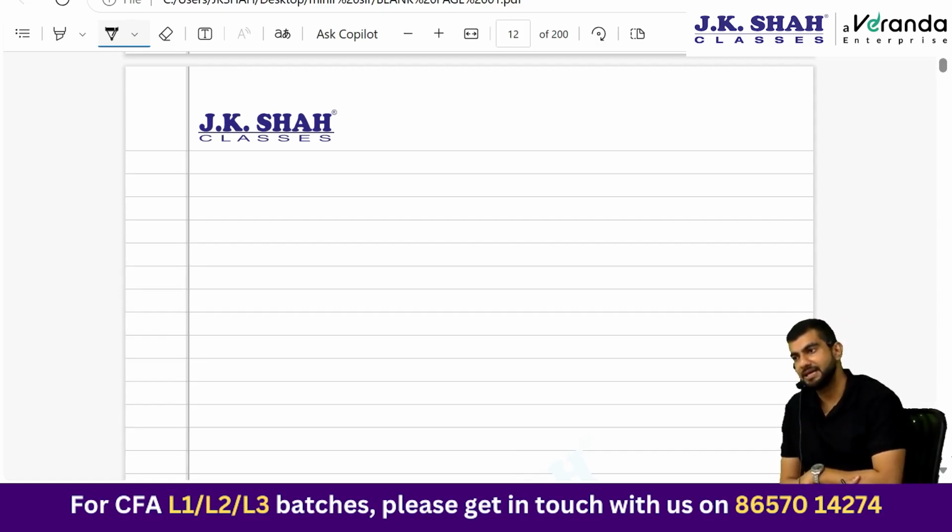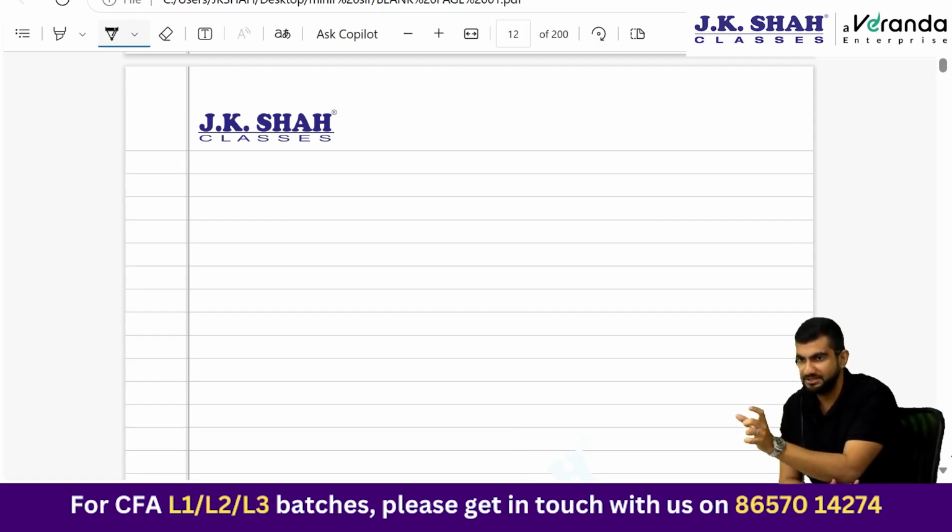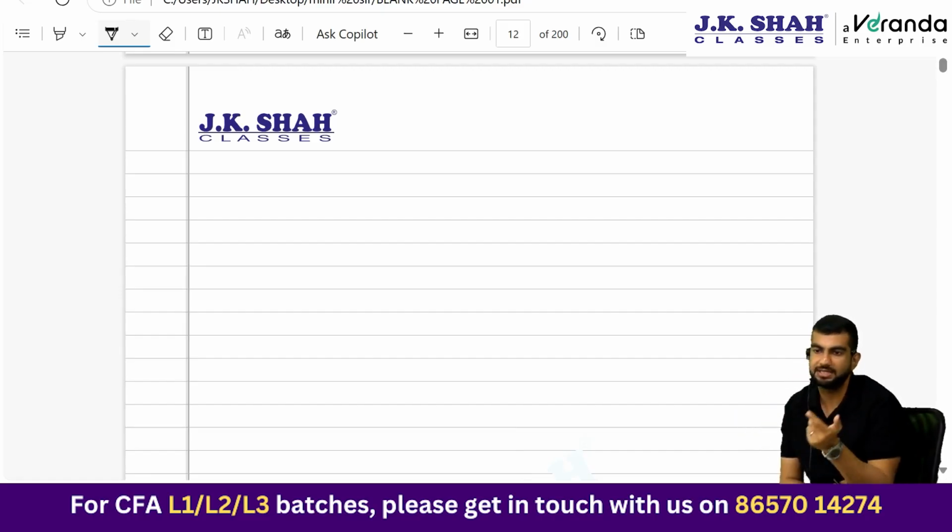What if you present a non-GAAP measure? Is it okay? Yes, it is okay, provided 2 reasons exist. Reason number 1, you have a reasonable justification for doing so and you feel that it will result in a better presentation. Point number 2, you show a reconciliation. Had you followed the GAAP measure, what would have been the quantification? Had you followed the non-GAAP measure, what is the quantification? So that users understand. Okay, fine.